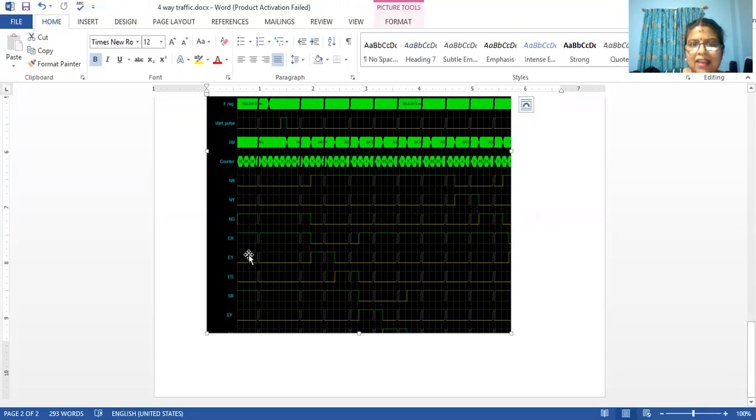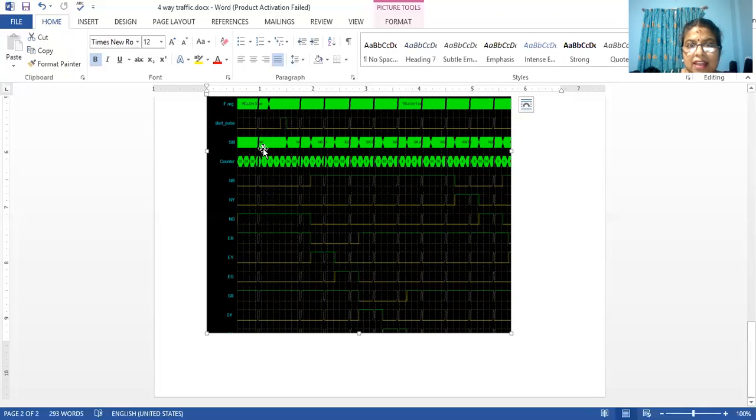East red is high, east yellow is 0, east green is 0. South red is high, south yellow and south green are 0. And there will be a west red, west green and west yellow, which follow the same pattern.